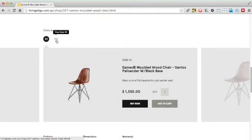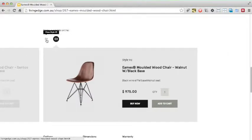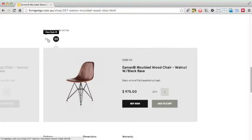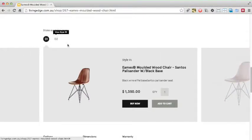Underneath there's another slider which shows the different options that customers can order. Unfortunately the images are a bit small, so it's hard to tell the difference between the two options, at least when looking at the photos. It would have been better if the photos had been made a bit larger, so it was more obvious what